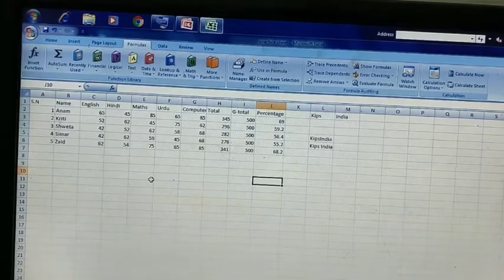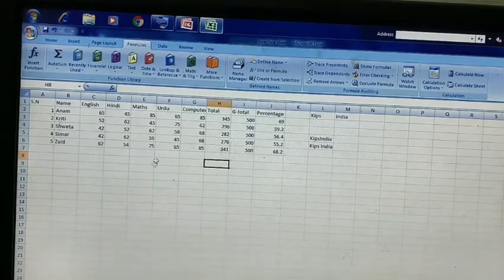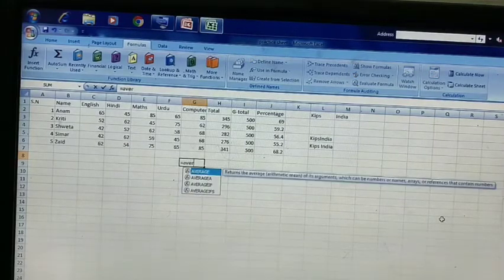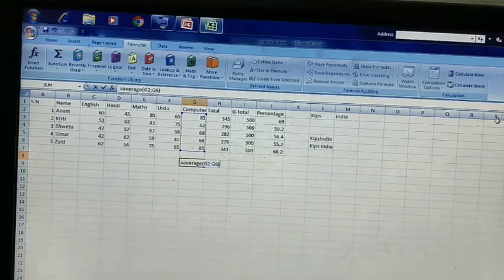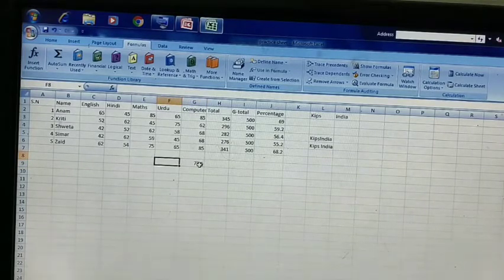Now the next function is average. If you want to calculate the average of any value, means average of the total marks, average of Urdu, average of any subject, you can calculate. Average is the one third part of total. So how will you calculate? Equal to, type average, then parenthesis, and you have to give the cell range. Like I am giving the range with my mouse, then parenthesis close and enter. So 73.6 is the average, and you can copy it using the drag option.